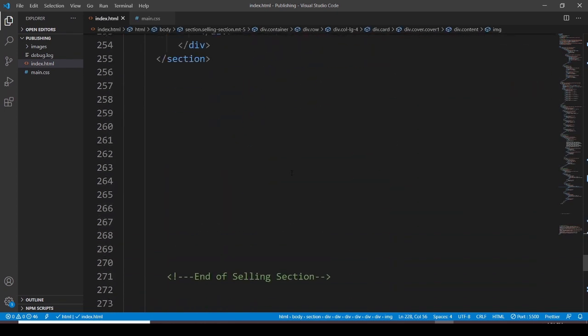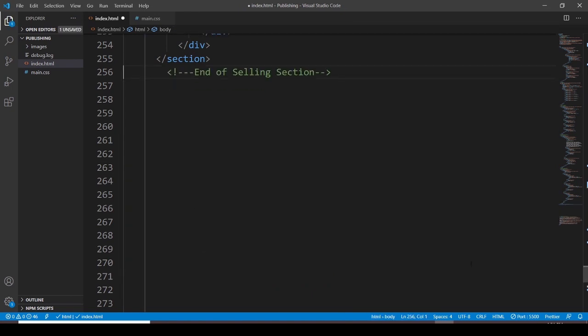So first of all, let me remove this. I'm working within the same folder and the same file, index.html. Publishing is my folder, and index.html is the file we were working in. This is the last section, the selling section. We have already finished this one, so now let's go with the testimonial one. Here is the testimonial section, and this is the last static